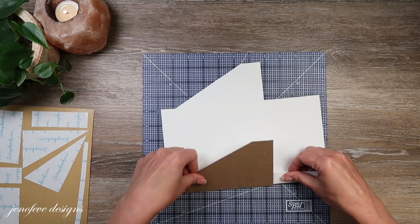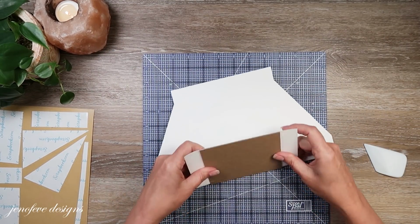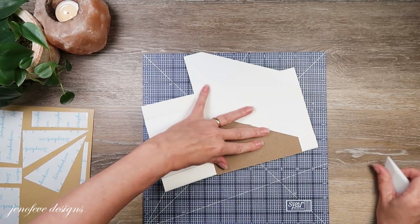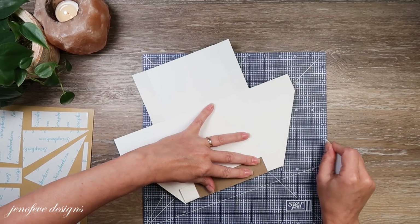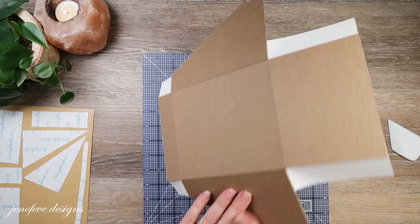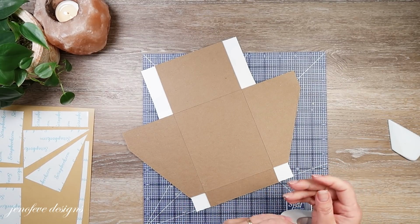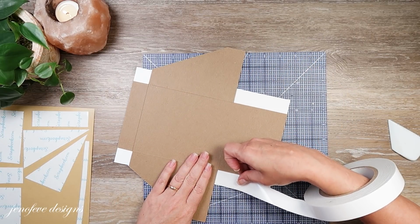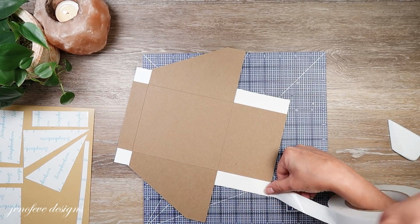Right now, I'm going to go through and fold all these down and burnish. We're kind of creasing it, giving it a sharp edge everywhere where it's going to bend. Okay, so I think I'm going to add some tape onto this. I'm going to use the 1 inch tape from Cherry on Top. It's not quite 1 inch, but